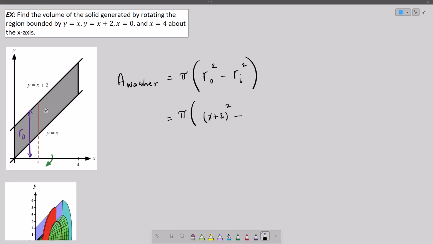The inner distance, it doesn't matter where we draw it really. How about right there? That's fine. It's going to be the closer distance to the axis of rotation. That y value is given by x. So we will have that. And if we simplify this,